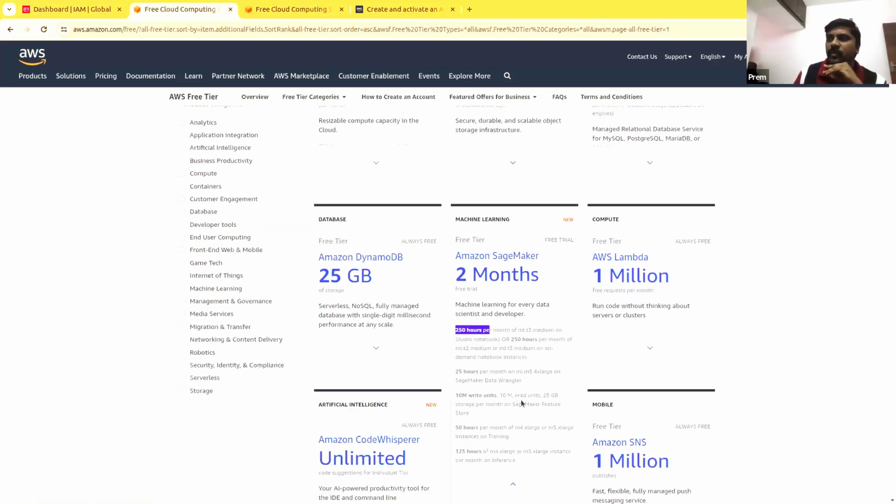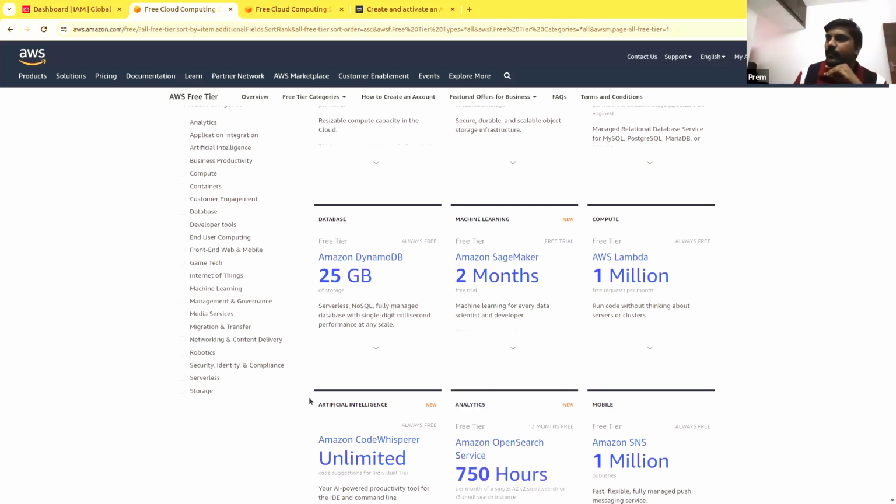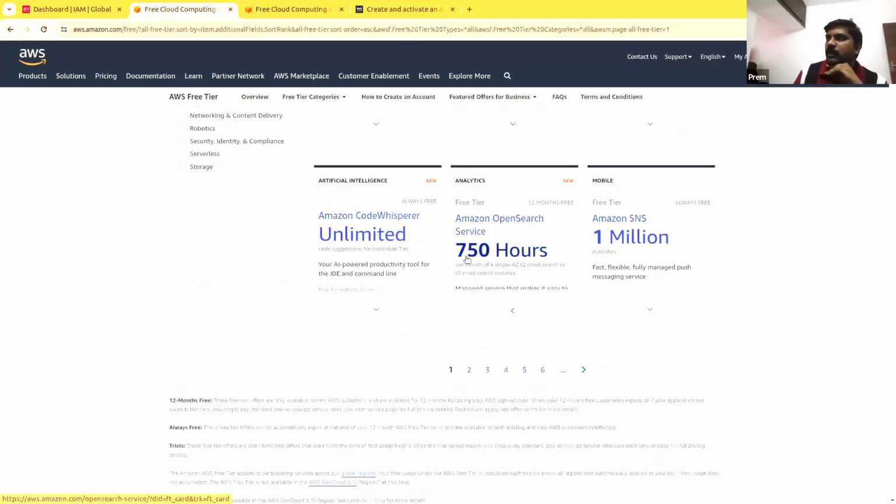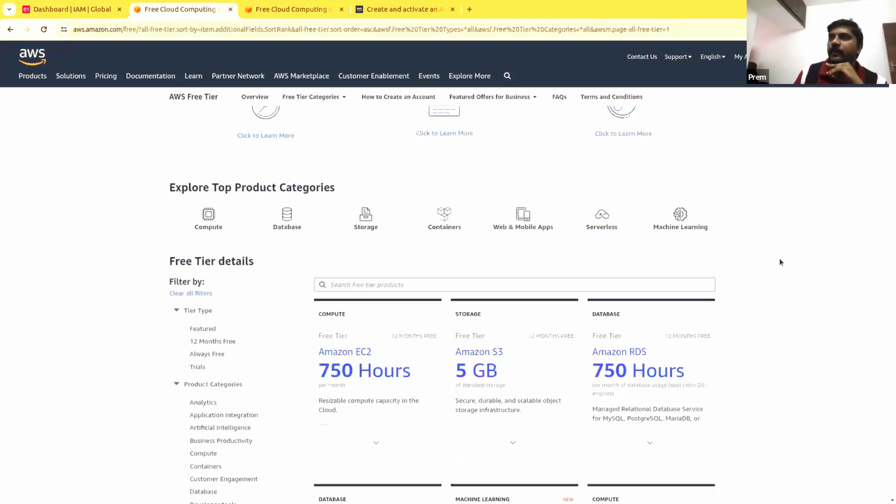That should be good enough to run any model that you create, train it, and experiment. And there are unlimited things always free. CodeWhisperer is a service for code validation and all. Many things are available. Okay.